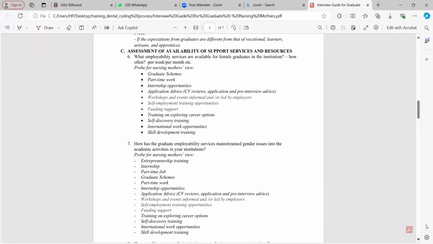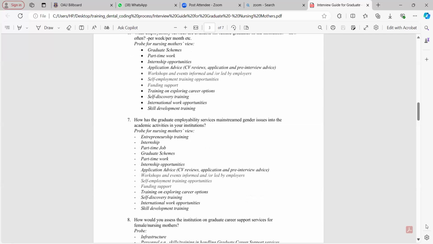For instance, now we have all this list of probes. Please note that you don't have to probe for all. You are probing for the ones that he or she has not spoken to, has not given you answers on. For instance, how has the Graduate and Employability Services mainstreamed gender issues into academic activities in your institution? So he talks about